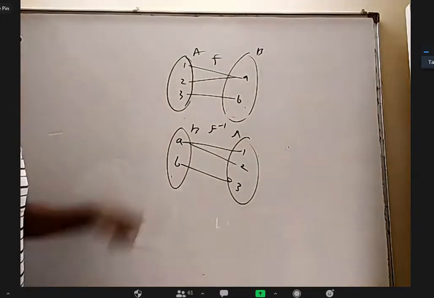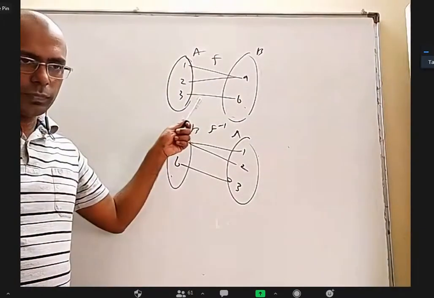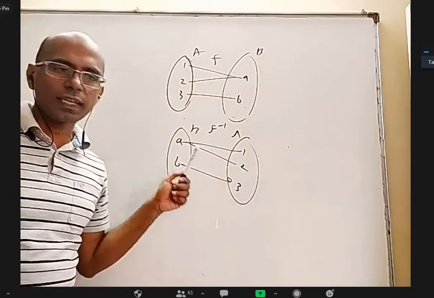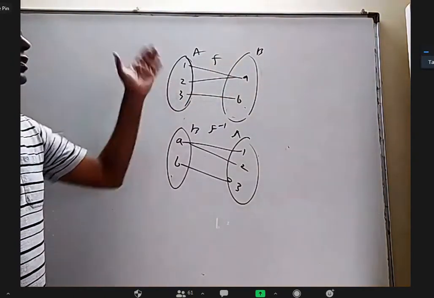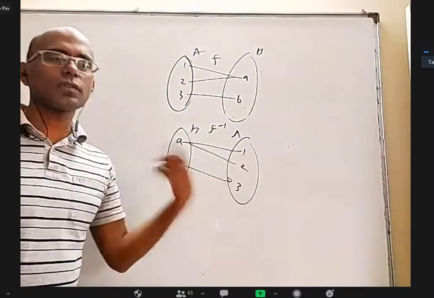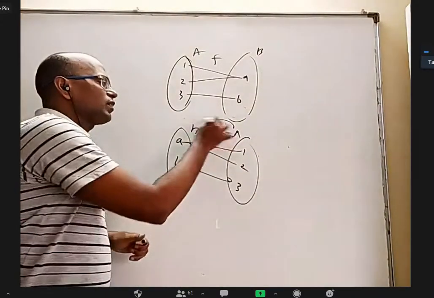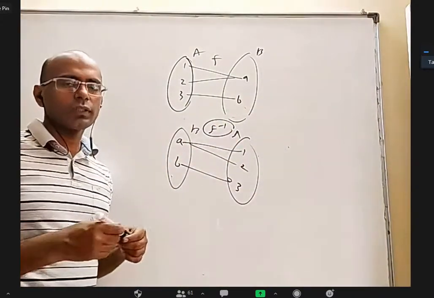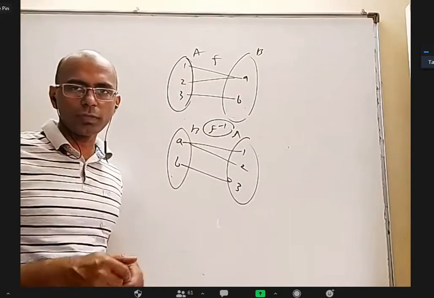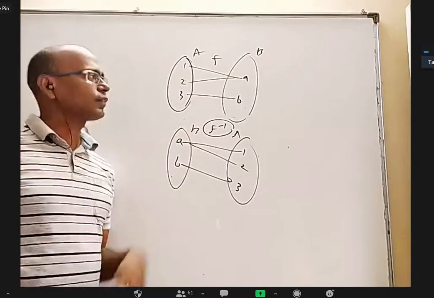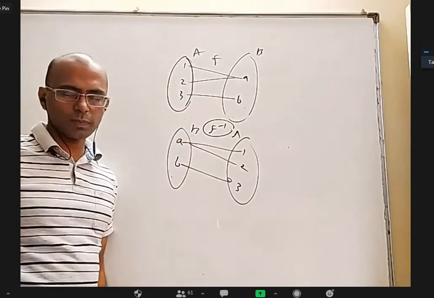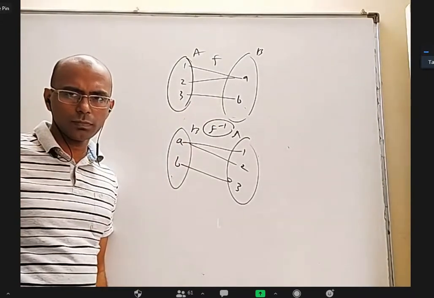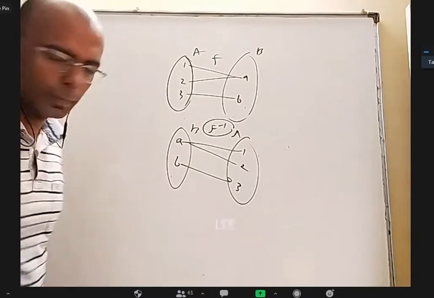So if the original function is not 1-1, then definitely the inverse relation cannot be a function, because if many elements are connected to one element, in reverse, one element will have many images, it's not even a function. So if you want inverse to be a function, the original function has to be 1-1 and has to be onto. If it is not onto, what is the problem we discussed? If it is not 1-1 also, what is the problem we discussed? Is this clear? Yes, sir.